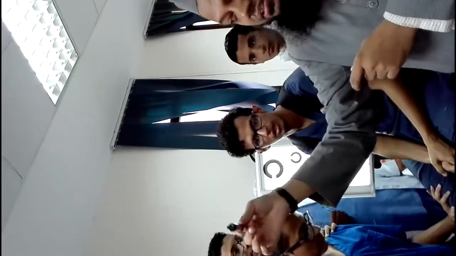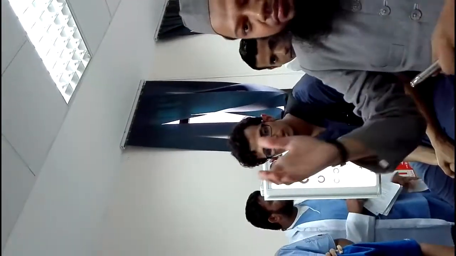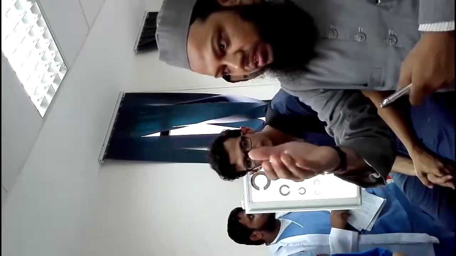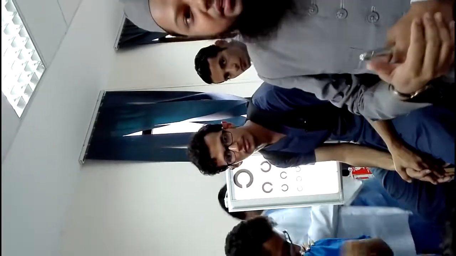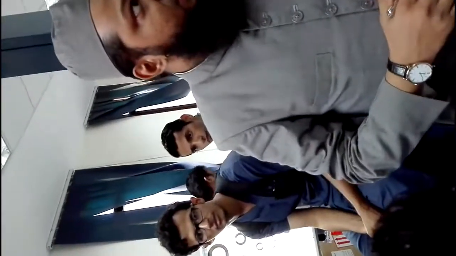Movement of eyeballs. Now, look at an object and you move that object up and down. Then right, up and down. Then left, up and down. If the eyes are moving smoothly towards the whole range of movement, then we say that movement is normal. If they are not moving properly, then it's not normal. Patient is suffering from squint.